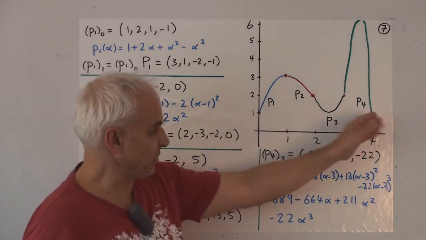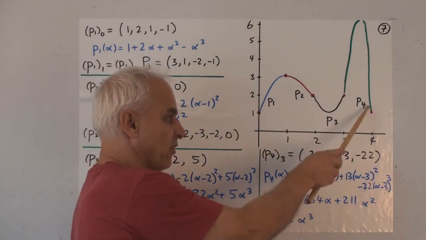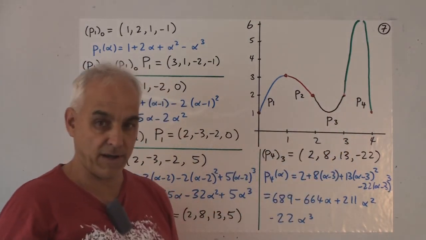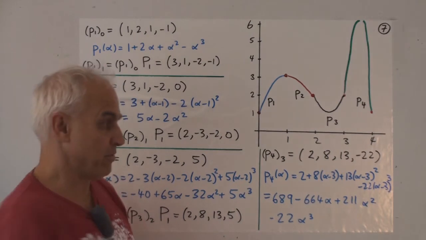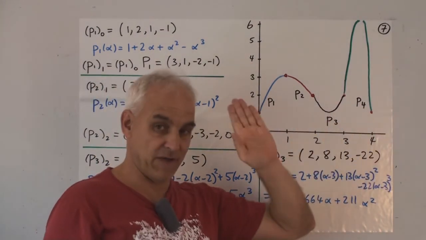And in this case, because we don't have to go any further, we don't actually need to figure out what its Taylor coefficient vector at 4 is. But if we did need to know that, we would just take this vector and multiply by P1, and that would give us the Taylor coefficient vector at 4.